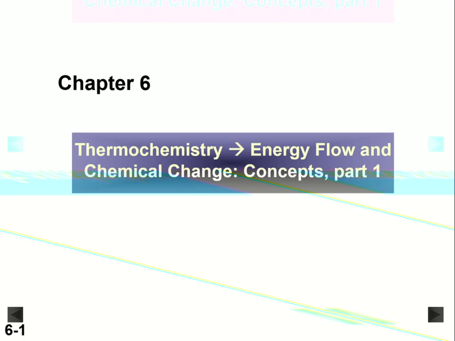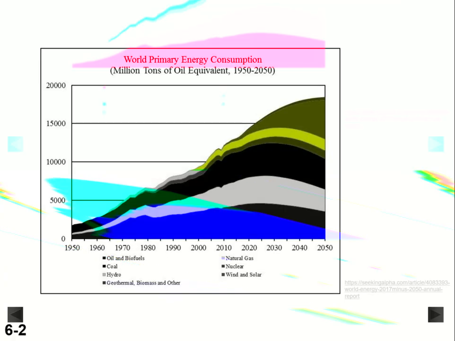In this video, we begin our discussion on thermochemistry. Thermochemistry is the study of energy flow during chemical transformations. This is a very crucial area, very important to understand and to be able to harness energy flow during chemical transformations. And before we begin, this graphic illustrates some of this importance.